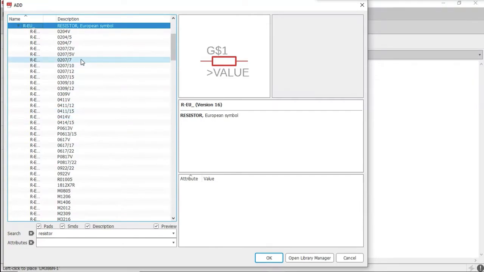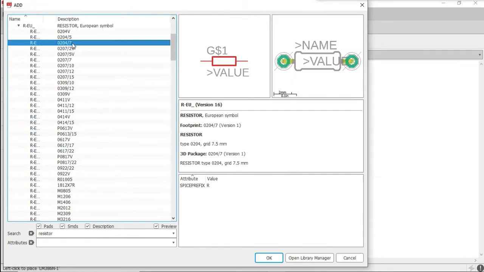Now you have to choose the resistor with REU 0204/7 option, that is the third option available for you. Select that and click on OK.